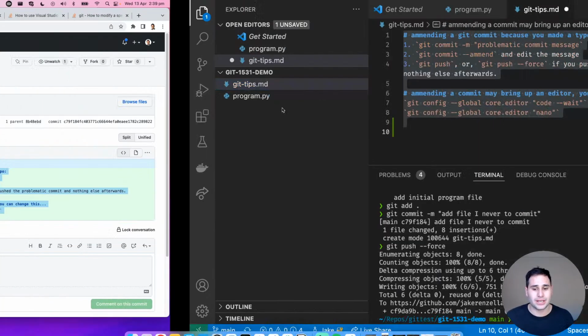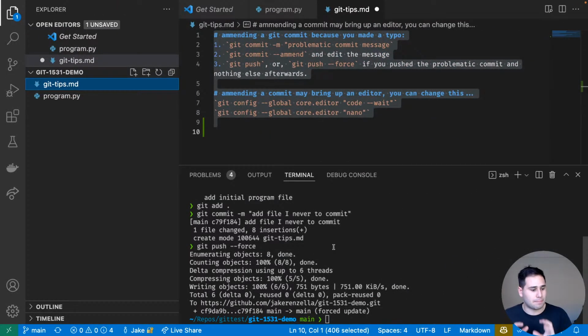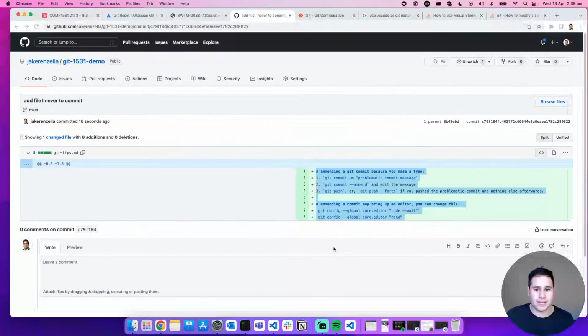So I could delete the file, make a new commit, and push it. But the problem with it would be that the file would still exist in this commit because I didn't get rid of this commit. I could amend the commit, but that's just going to change the name of the message. The file contents would still be here. So that's the problem. So what can we do to actually remove